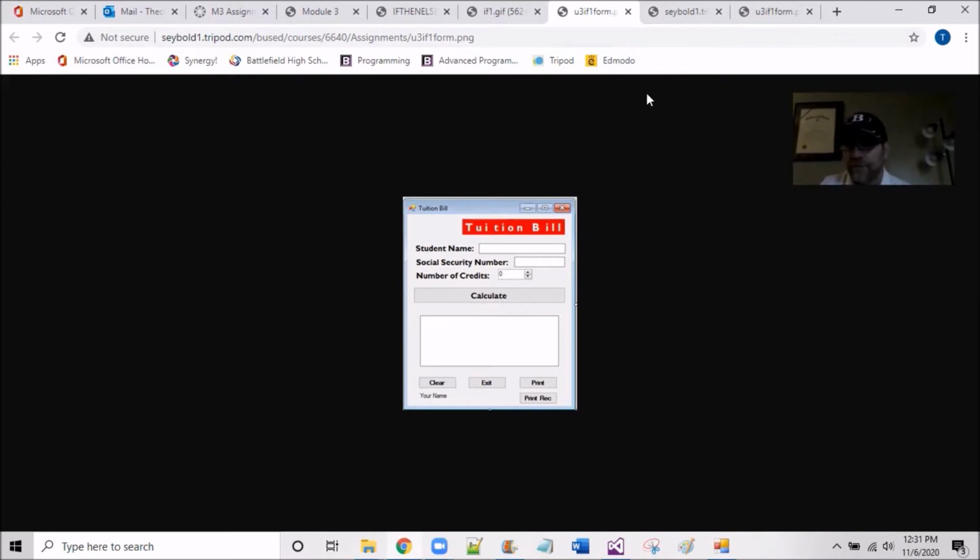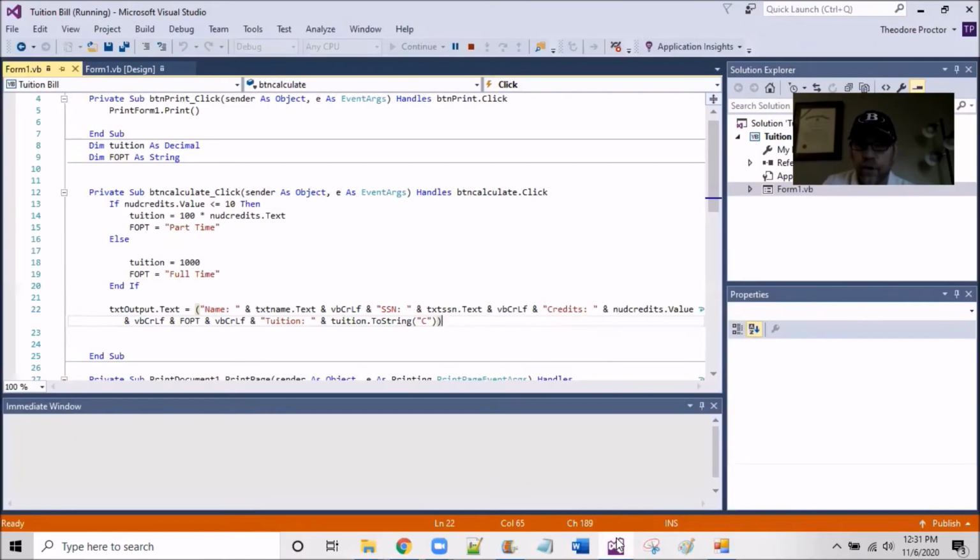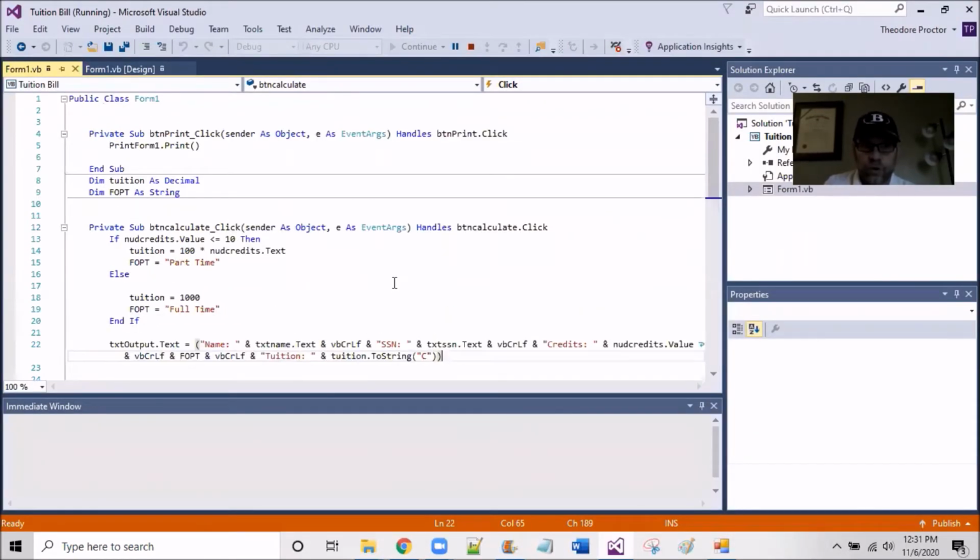But I actually have this program open right now, and if I go over there, just to dissect it with you a little bit, I have, for the most part, created some variables that are global. I made Dim tuition as a decimal, and FullOrPart, which is text, as a string. Okay, and you can see now the number up down, I'm using a value is